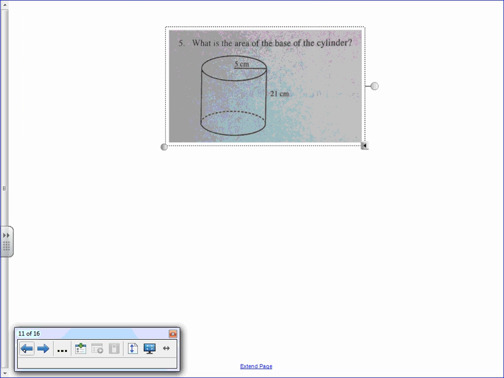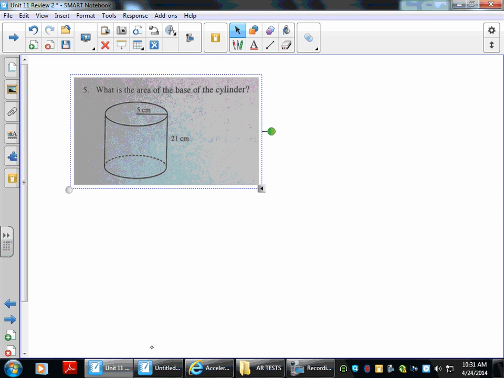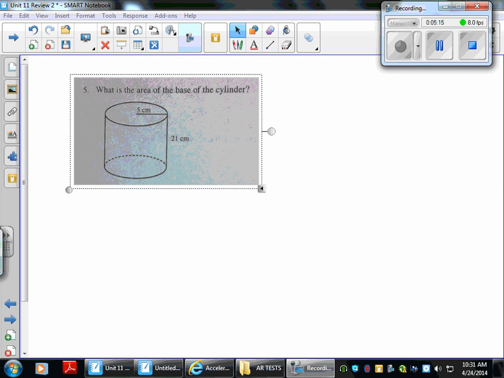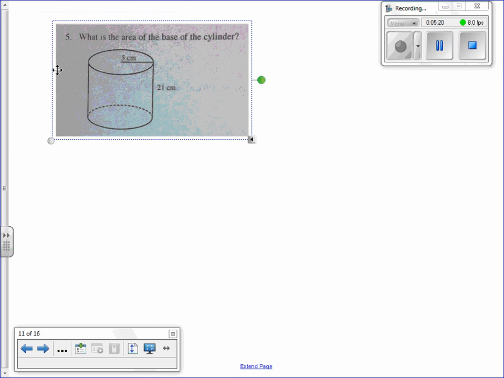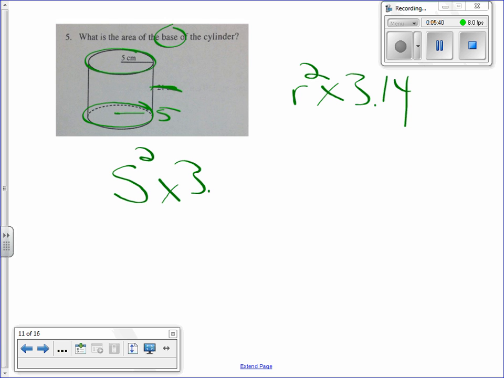What is the area of the base of the cylinder? What is the area of the cylinder? When finding area, I have to go radius squared times 3.14. They're just looking for the base here, so we don't even have to do anything with this 21. So the top of this shape is also the same as the base. So my radius is actually a 5. So all I have to do is 5 squared times 3.14,